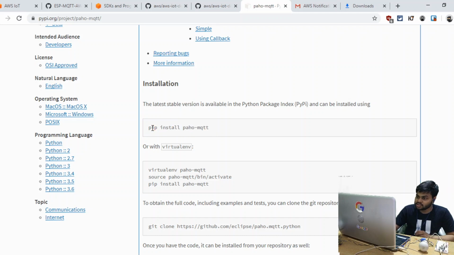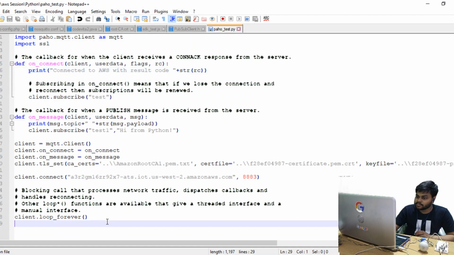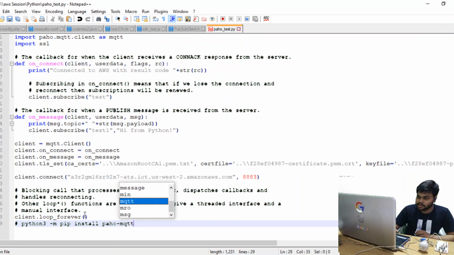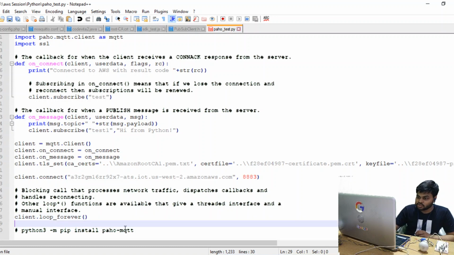If you have Python 3 installed, you can use the command python3 -m pip install and the library name, which is paho-mqtt. This is the command you need to type, or simply type pip install paho-mqtt, or if it does not work, try pip3 install paho-mqtt. Any of these will work, of course.